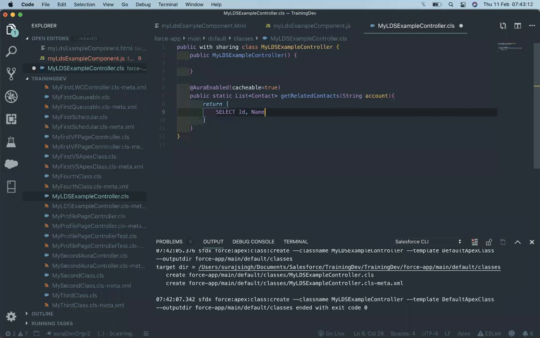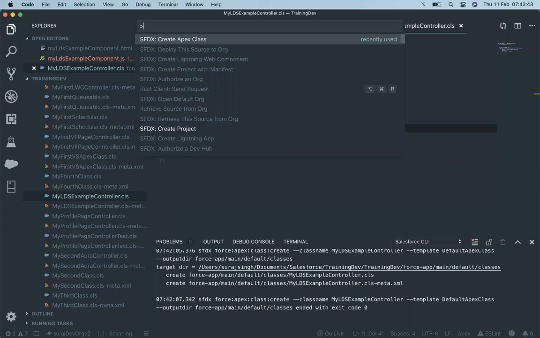Id, Name, FirstName, LastName, Email, Phone from Contact where AccountId equal to this accountId. Let's deploy this.